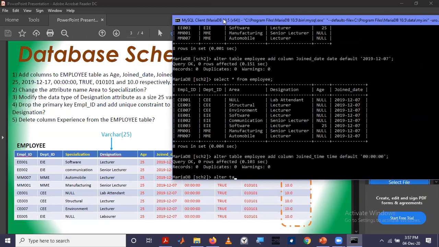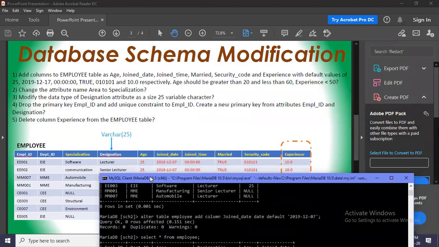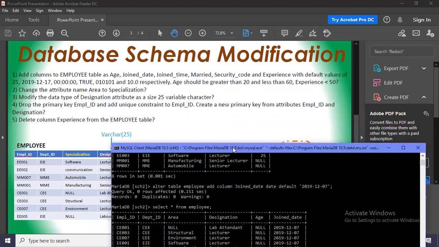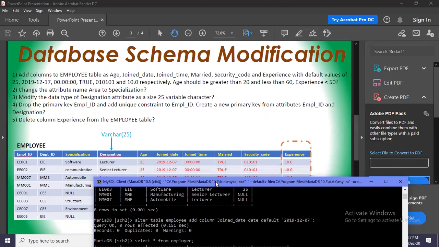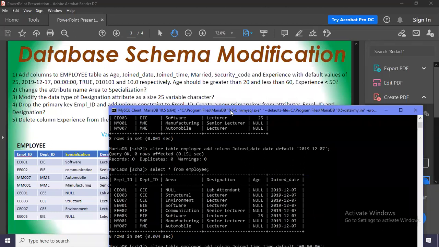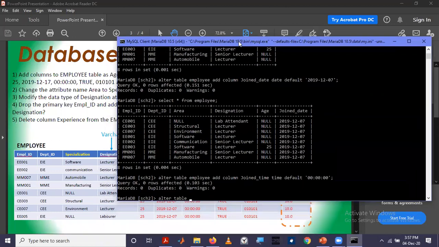Next column is married. Married is either true or false, so it has two values. It has the Boolean data type, 0 or 1. So ALTER TABLE employee, same thing, ADD COLUMN married, and the data type will be Boolean.